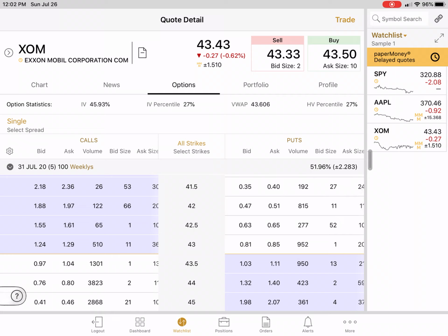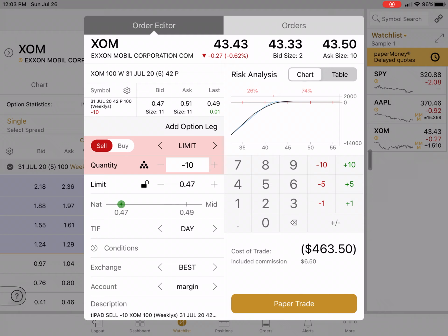Now again, for the paper money purposes, my intention is to ultimately buy Exxon, but make some money along the way, and if I could chase it up as much as I can and create as much premium income for myself as possible, that would be sweet. So I'm going to go with a $42 strike. On the put side the bid price is 47 cents, so I'm going to tap on that. Now obviously I'm going to change the quantity from 10 to however many contracts we want,